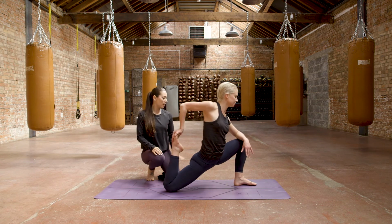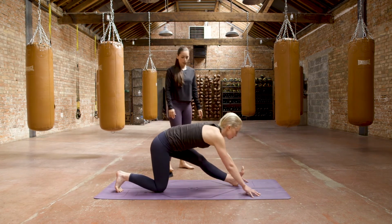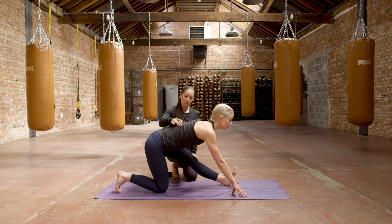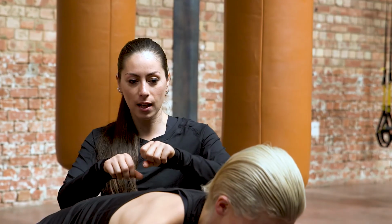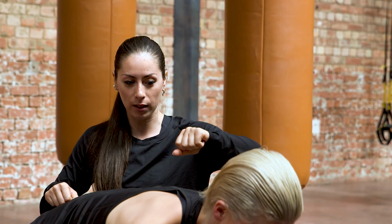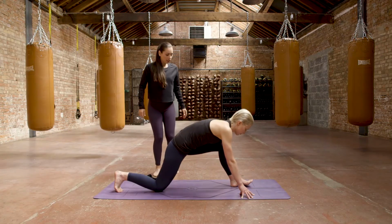Release the back foot, take the hands either side of your left leg, half splits. Flex the left foot, kick the heel away. Flesh of the thigh rolls back, broaden your knee, lengthen through the mid back. And again, feel this sense as these two opposing points, the back body and the front body, pull away from one another. Soften through your shoulders, and then bend your front knee, step your right foot next to your left,